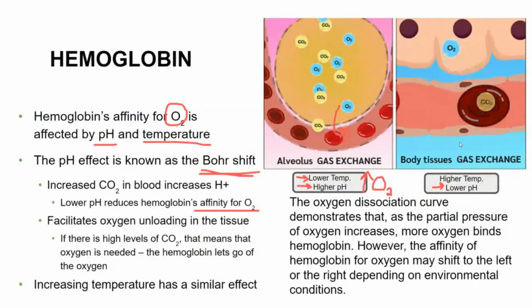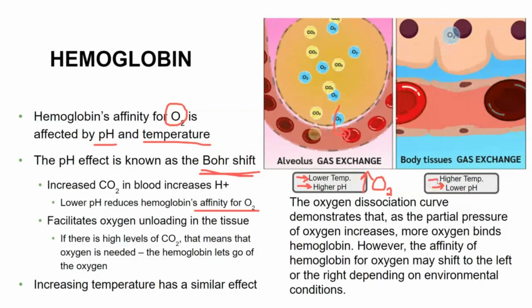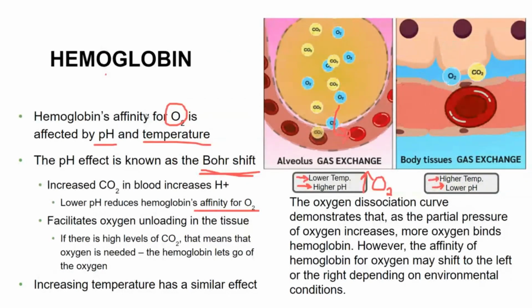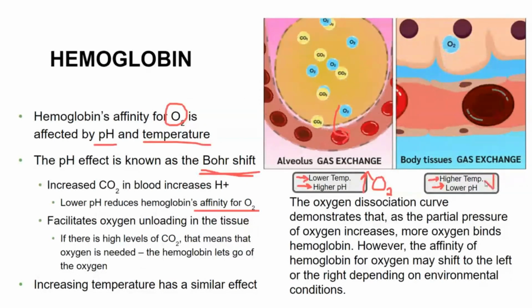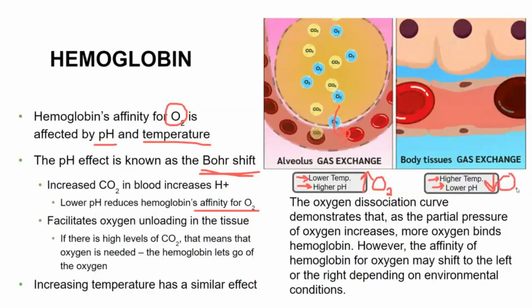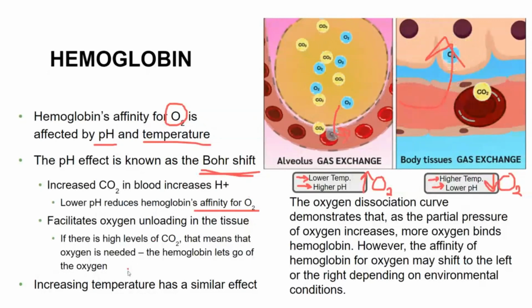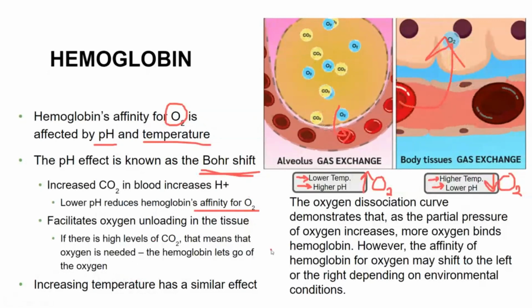Now, when it comes to the body tissues, there's a buildup of CO2, meaning a slightly lower pH or slightly more acidic. Also, there's a slightly higher body temperature within the core of the body as opposed to the outside of the body, which means this actually lowers the affinity for oxygen, allowing the oxygen to be released from the blood into the tissues. So really interesting